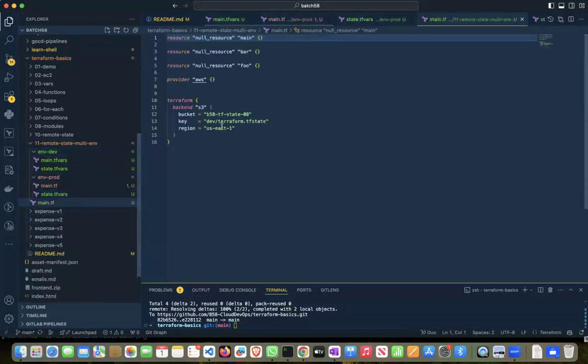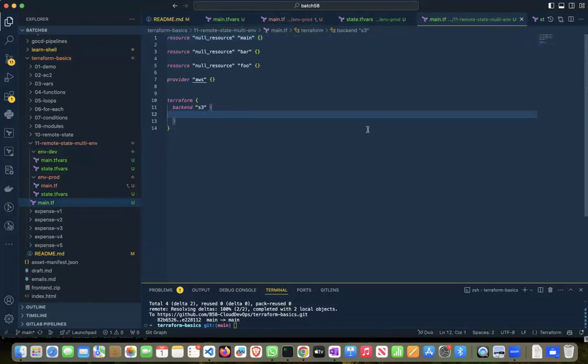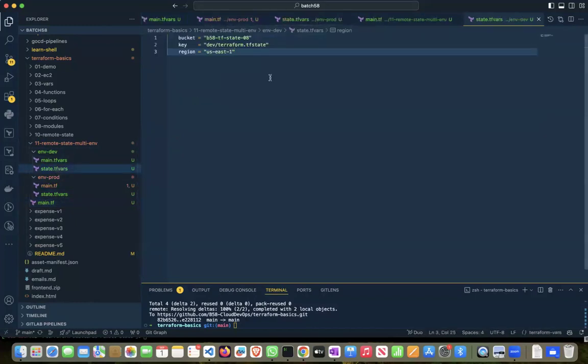And here I'm not going to write anything, I'll just keep it empty. Now in the state file, I'll just say prod here, and here I'll just say dev. Okay, done. Now, since I have used a variable,